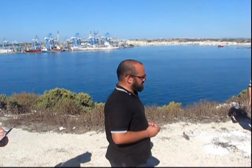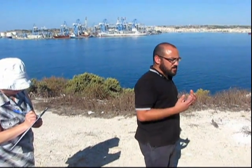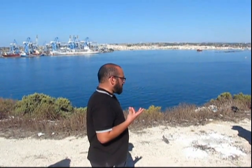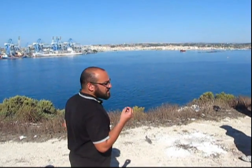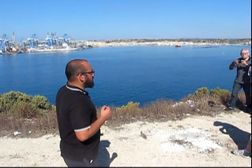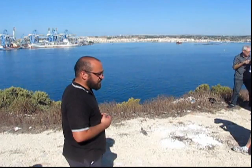Before going inside, I would like to start from here for a reason, in order to explain and understand the reason why Fort Delimara was constructed. Fortifications cannot be seen on their own, just simply their architecture, but you have also to take the context which surrounds them, particularly the geographical context which surrounds the fortification. And in fact, Fort Delimara was constructed for a very simple reason: to defend and safeguard the entrance into Marsaxlokk Bay, which by the mid-19th century was heavily unfortified,